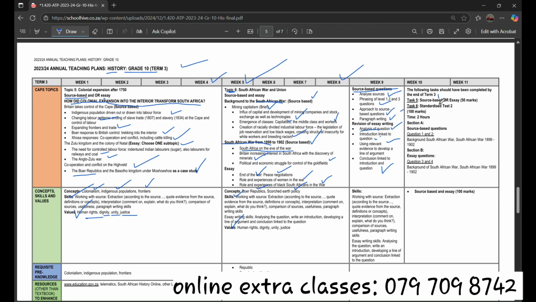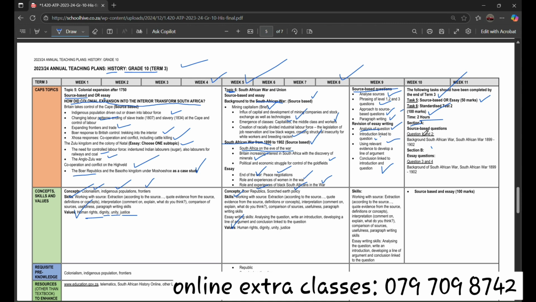Within weeks 10 to 11, the following tasks should have been completed by the end of Term 3. Task 5, source-based or essay questions, 50 marks. Task 6, standardized test 2, 100 marks. Time, 2 hours. In the exam, it will be divided into 2 sections, Section A and